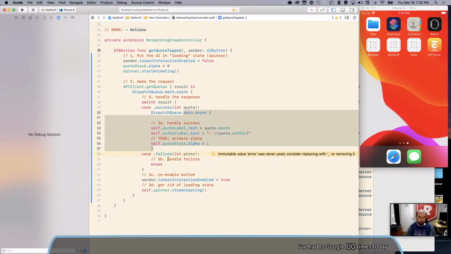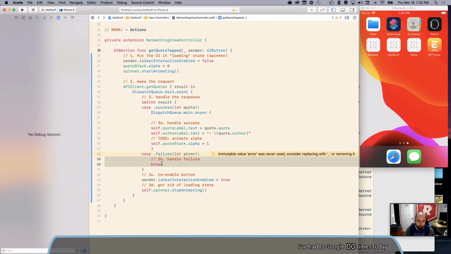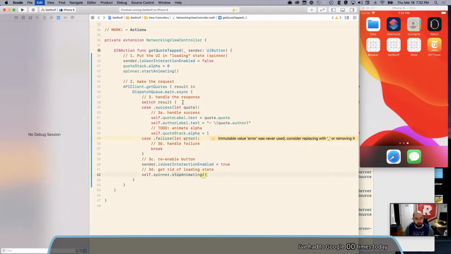And maybe that's what I want, because maybe in the failure case, I want to go do some kind of retry or something that's on some different queue. But in my case, I want to do all my handling of everything on the main queue. So I'm just kicking back my entire success block to the main queue. So everything inside these curly braces is going to happen on the main queue. So the switch and then the updating of the UI and everything.